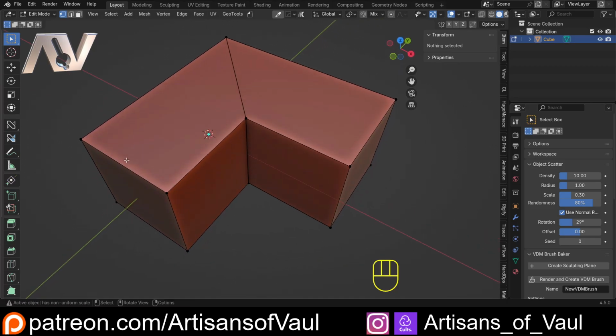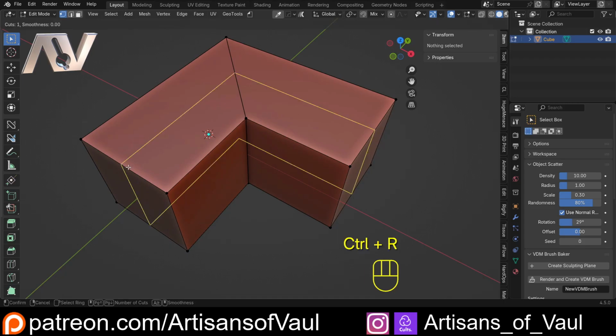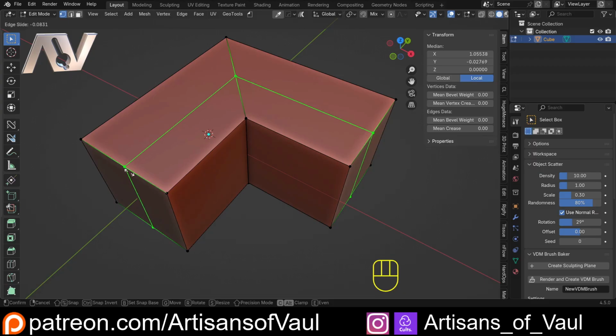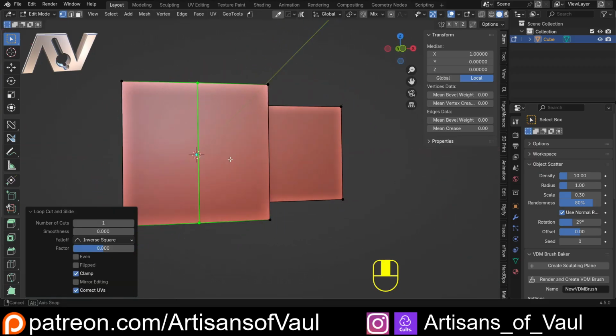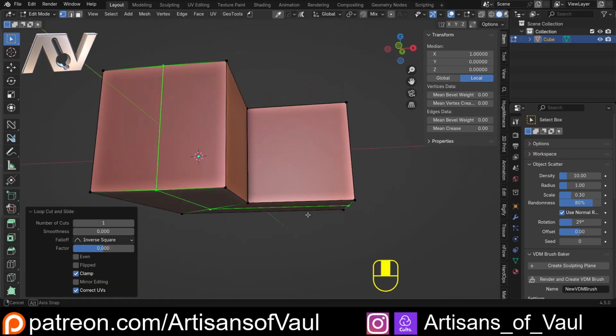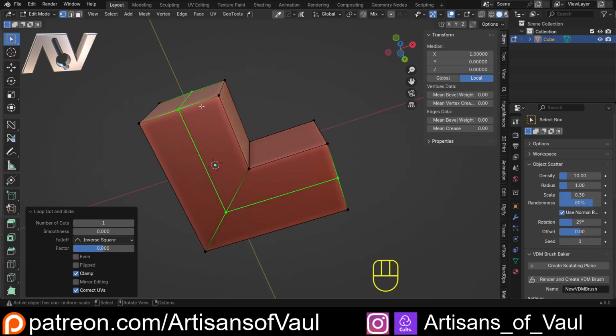Now what I need to do is put an edge down the center of this. So I'm just going to press Control and R again, and we're going to do an edge loop here that perfectly works its way around this object. Let's just right click so it's centered, so that we get this in the middle and it follows this quad